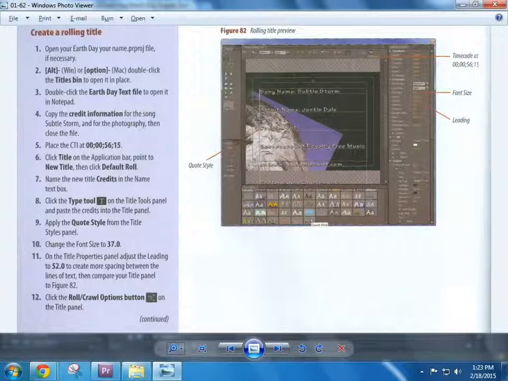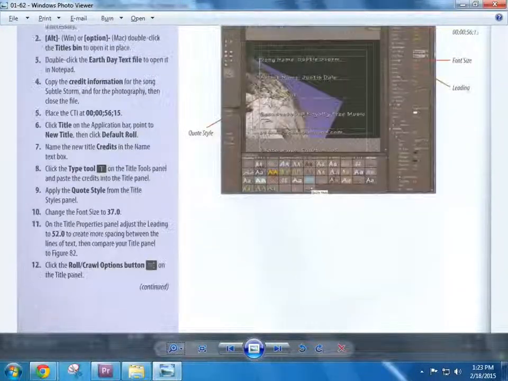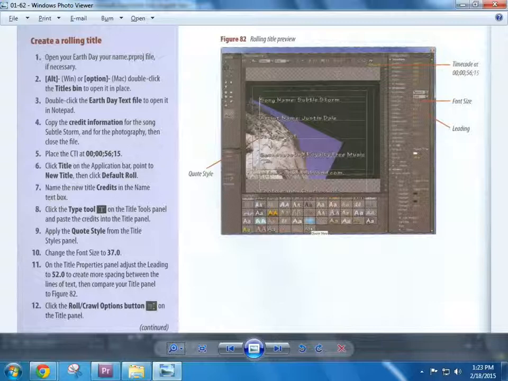Okay, so let me repeat this. This is on page 162. We're continuing chapter 1, lesson 6, and we're creating a rolling title. And just as in the previous lesson, I was talking about how file importing the title information is not available